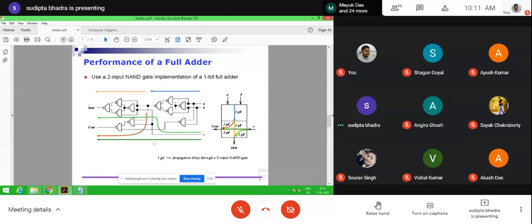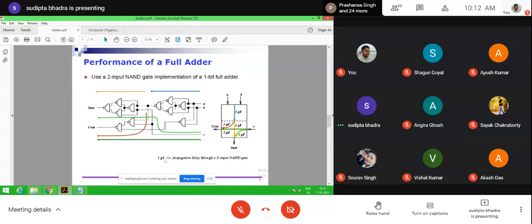Now, one thing: on the right hand side of this particular slide, you see there is a diagram showing the gate delay. Now what is this gate delay? One gate delay is the propagation delay through a two-input NAND gate.